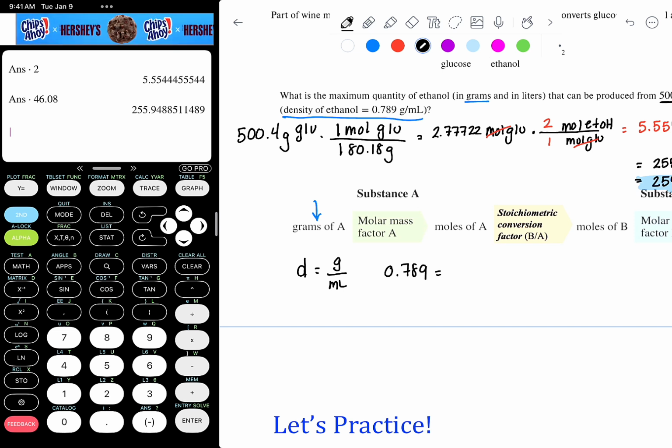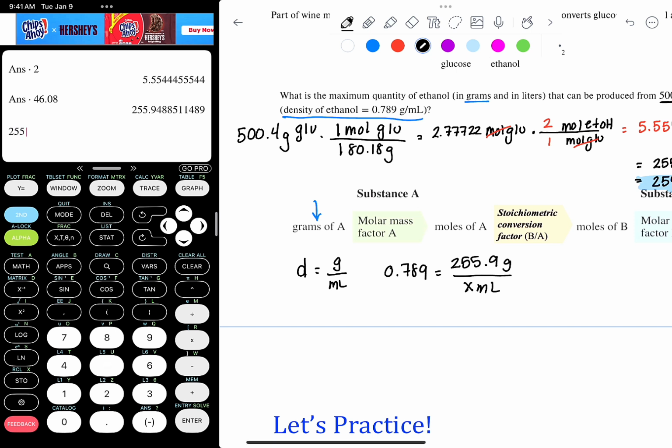My mass that I'm looking for is 255.9 grams, and I want to find X milliliters. So we take 255.9 and we divide it by 0.789. I'm just rearranging my equation using basic algebra. So we get X milliliters to be